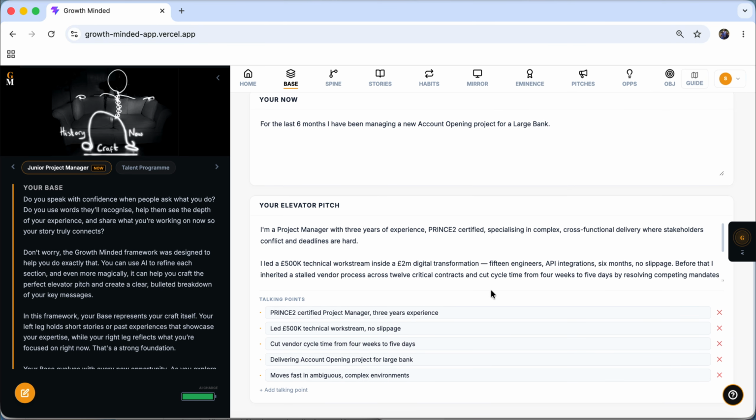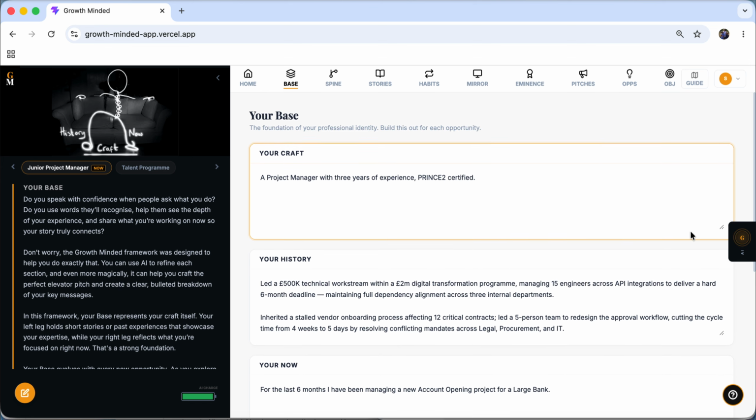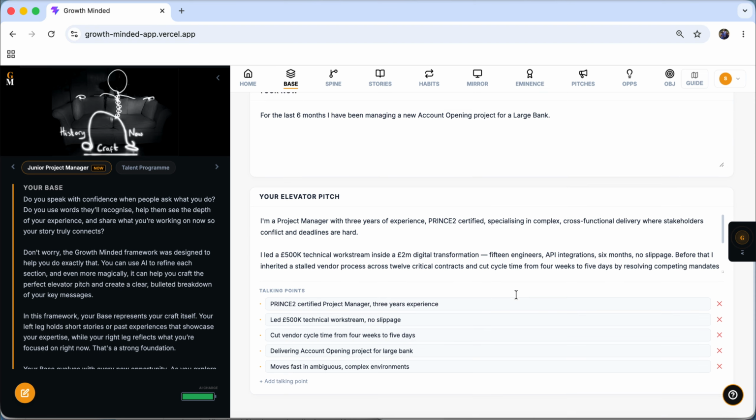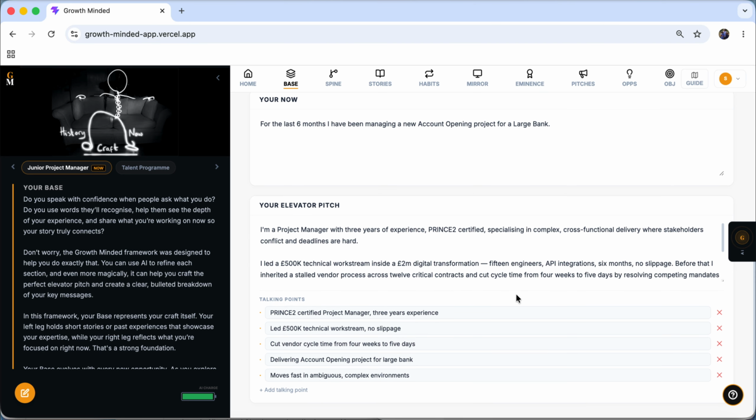In the tool itself, you can also then practice your elevator pitch. And what's really quite good here is you can use the AI buttons on the right-hand side to refine your craft, refine your history, help improve the language behind it. It will explore for you if you're not adding data points behind your history. It will prompt you to get more data points. And then when you start to move through your elevator pitch, it's really trying to get you to introduce yourself in a very quick, impactful way.